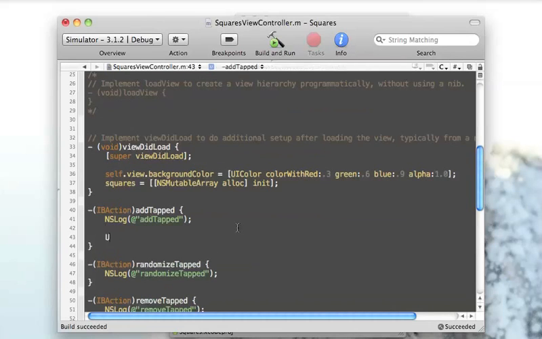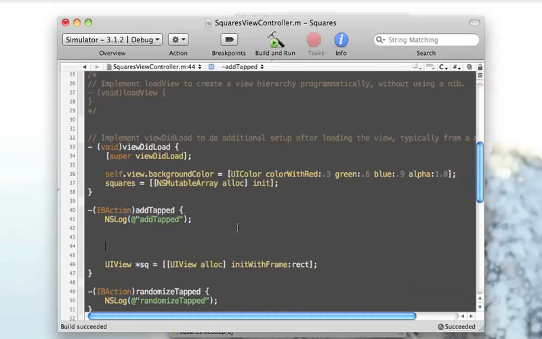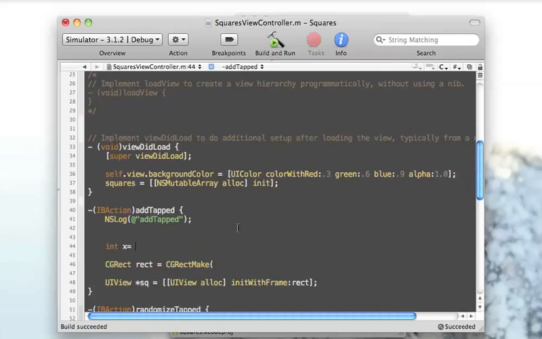Okay, so at this point we're ready to create a new view. I'm going to create a new square view. We're going to call UIView alloc initWithFrame, and we have to pass in a frame, which is going to be an instance of CGRect. So let's create one. CGRectMake expects an X and a Y and a width and a height. So what I want to do is set up all those things ahead of time. Int x equals, and we're going to call a method that doesn't exist yet, randomInt